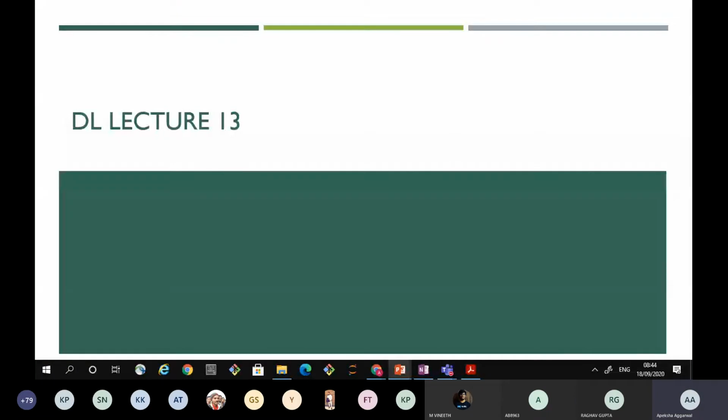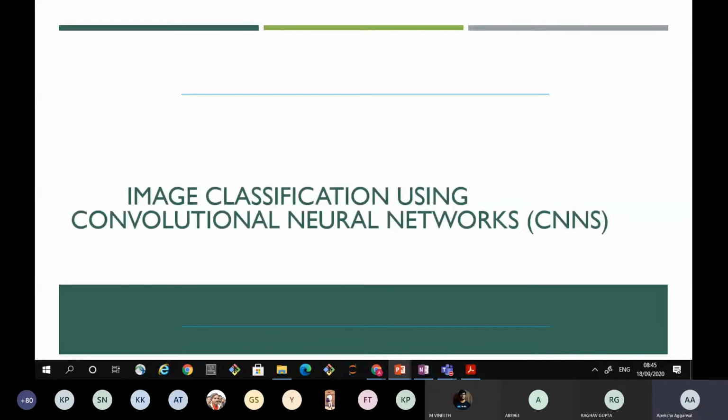So I'm not resuming that SVD part from today because in the next week's lab we have to perform with CNN. So I'm starting with the CNN today, then we'll resume with the part that we have left in the last lecture. Okay. So let's start with convolution neural networks, that is CNNs.